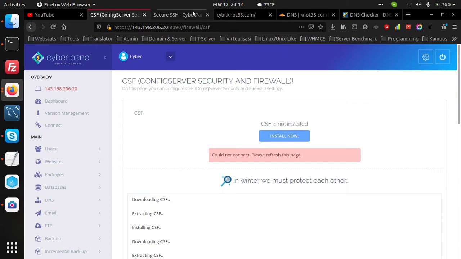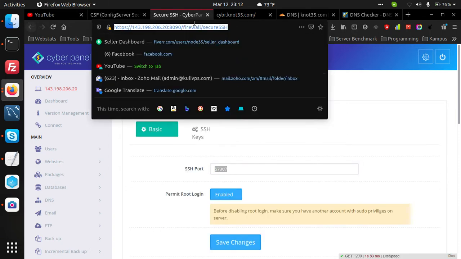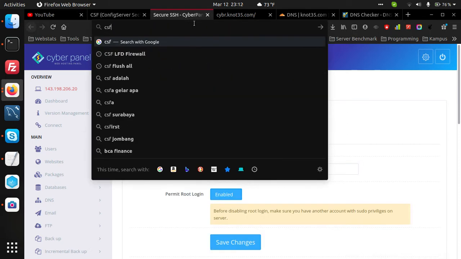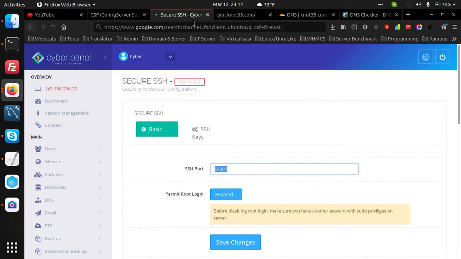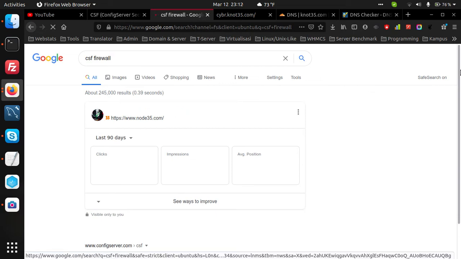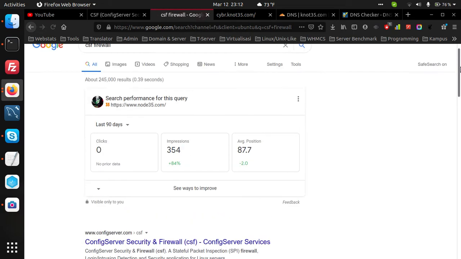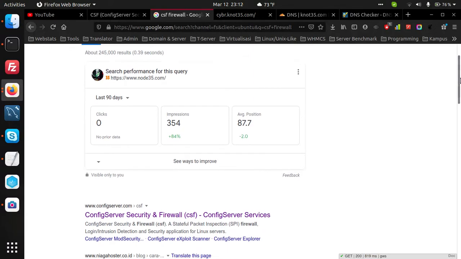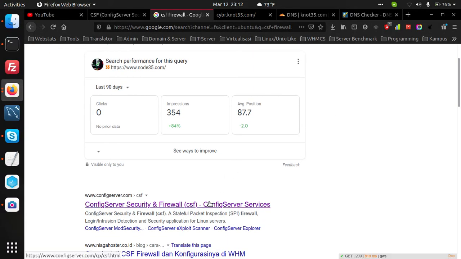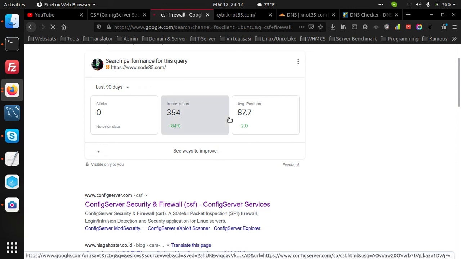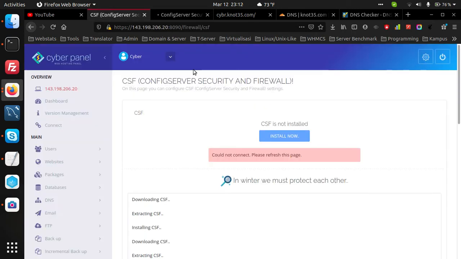So you can open the CSF website, CSF firewall. So you can do it on your server later, and we can skip this and continue to install the content management system.